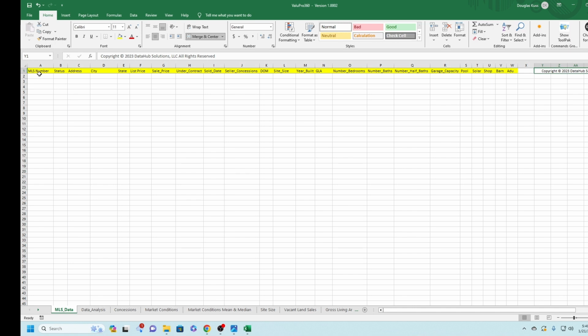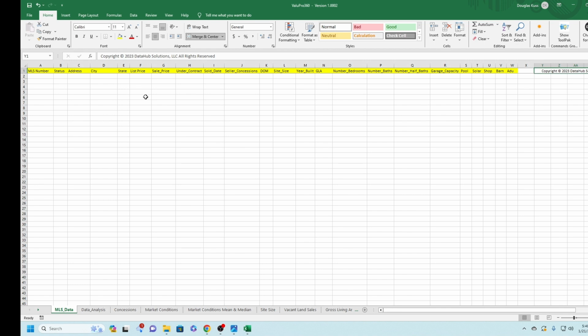You're going to notice that every one of these columns wants a certain kind of data down each column. The MLS number, having something in here is important. You're going to see why that's important. You know, your status, address, city, and state. Could be just whatever data you want in there. You don't necessarily have to have the exact city, address, or sold, or state, but you need something to occupy